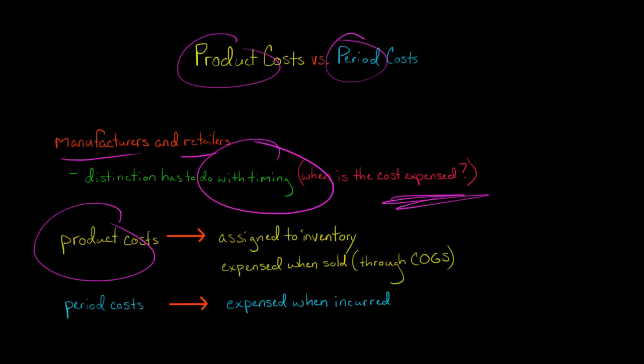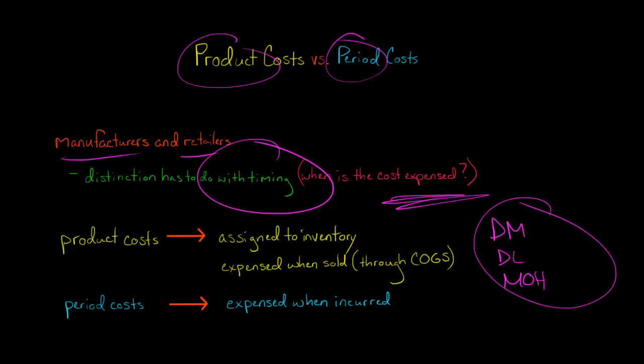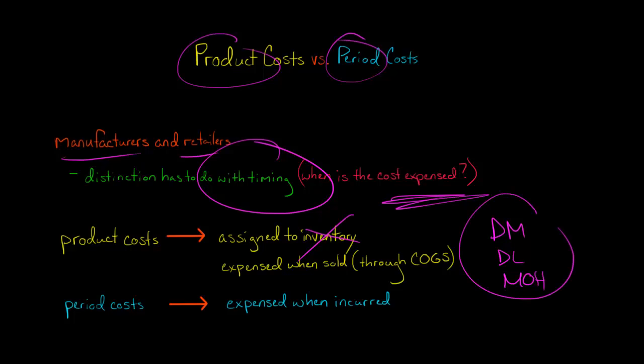So product costs are costs that are assigned to the company's inventory account. So they're going to go to the balance sheet. They're not going to immediately be expensed. So if we take a manufacturer, we're talking about costs like direct materials, direct labor, manufacturing overhead. These are all manufacturing costs. Manufacturing costs are product costs. They're going to be assigned to the company's inventory account. They're going to be capitalized. They're going to show up on the balance sheet. But when that manufacturer actually sells the inventory, then it is going to expense all these costs through cost of